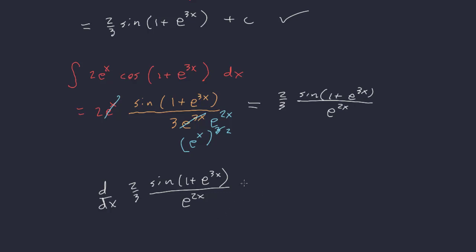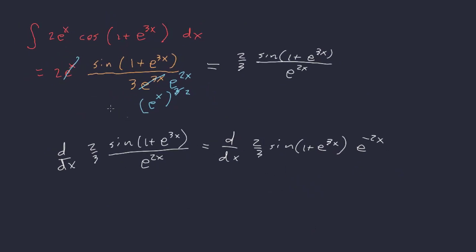well, it's either a chain rule or I could rewrite it to make it a product rule. And I think that's what I might do since it's easy enough to bring that e to the stuff up as e to the negative 2x. And then do a product rule. Well, notice that what we started with up here is not in the form of a product rule, right? Because using the product rule,